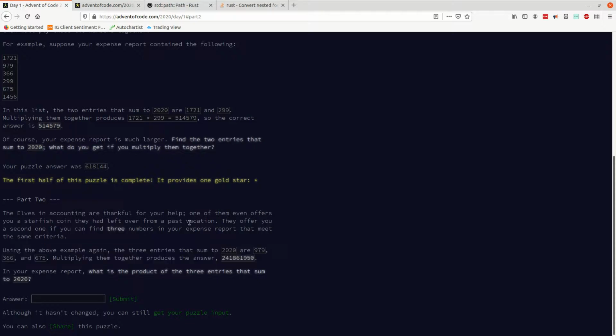Okay, now we're doing Advent of Code 2020 Day 1 Part 2. And the elves in accounting are thankful for your help. One of them offers you a starfish coin they had left over. They offer you a second one if you can find 3 numbers in your expense report that meet the same criteria. Using the above example again, the 3 entries that sum to 2020 are